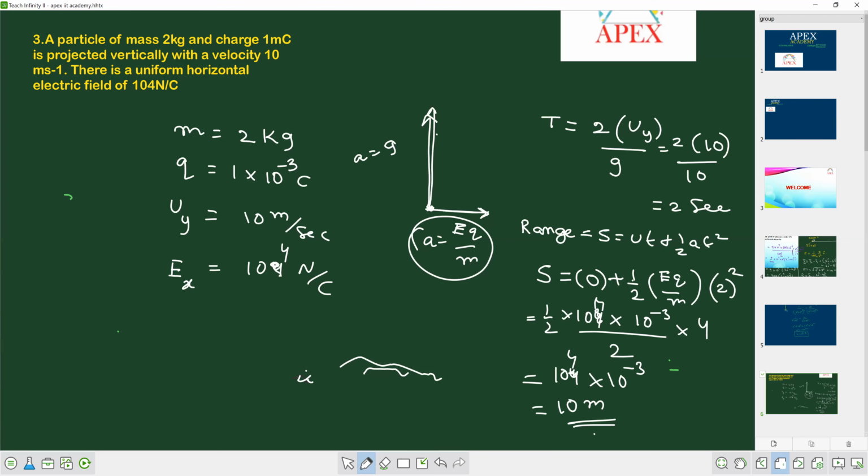Okay, so again I will explain how the particle was projected. The particle was projected in the vertically upward direction. But since the electric field is acting in the horizontal direction, along the horizontal also it will have some motion. So horizontal motion is uniform accelerated, and vertical is also uniform accelerated. In both cases we just took the common formulae and could calculate the two things, time of flight and horizontal range.